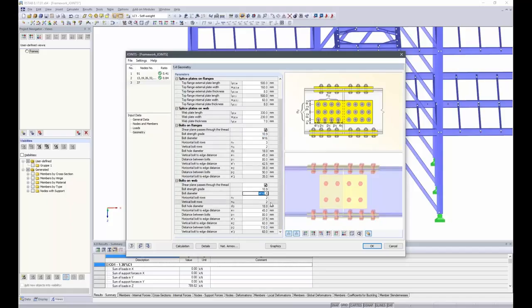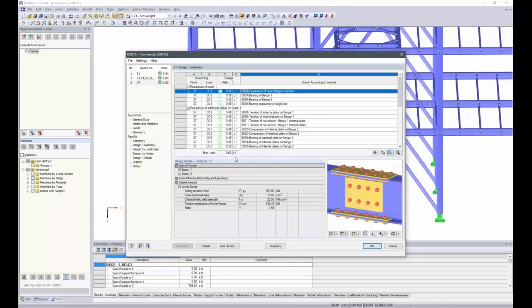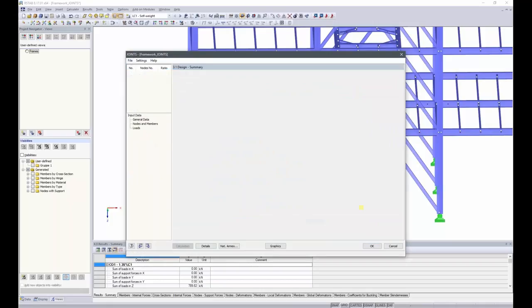Okay, this is it. I start the calculation, and we get a maximum ratio of 62%, which is okay, but maybe we could omit one of the bolt rows for a little smaller connection and a little less material that's supposed to be used. So we could also optimize that one,